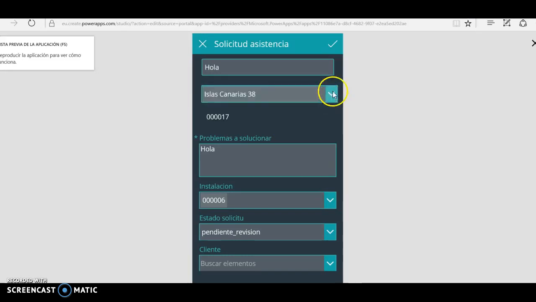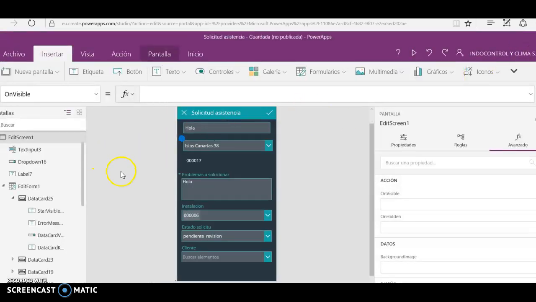So this is good. Also here I can see the primary ID. You see, if I change the installation, the primary ID changes. This is the primary ID of the installation. So when I try to create a new solicitud de asistencia,